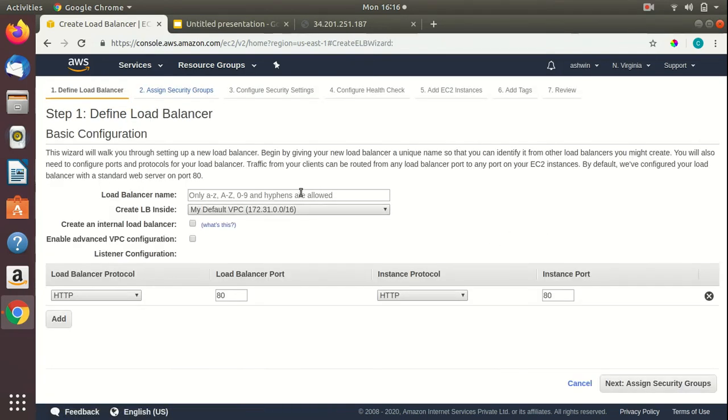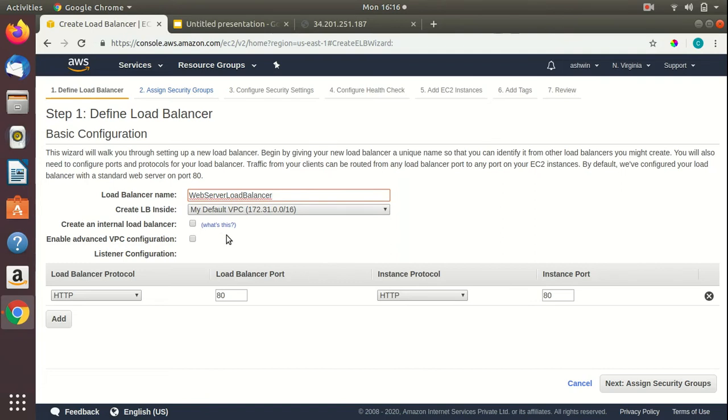So I'll provide a valid name for the load balancer here: web server load balancer. I do not have any other VPC configured, so I'll select the default VPC. We have an option to create an internal load balancer or a public facing load balancer.